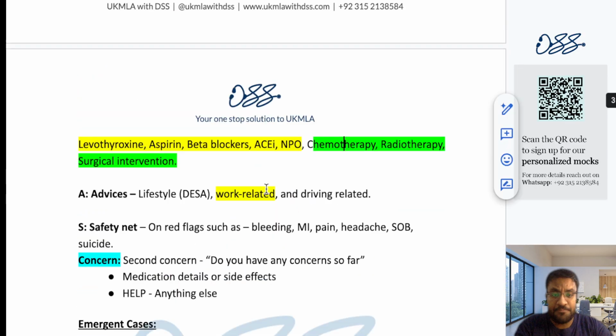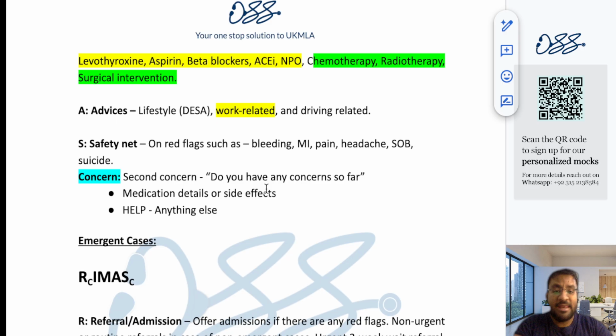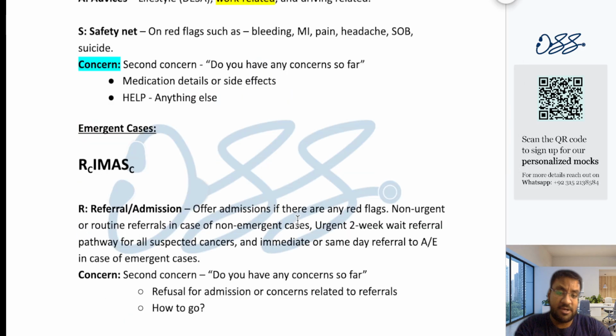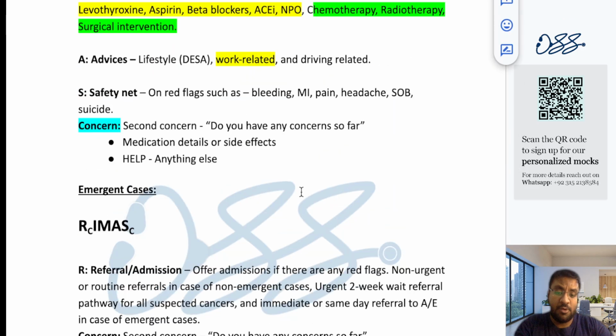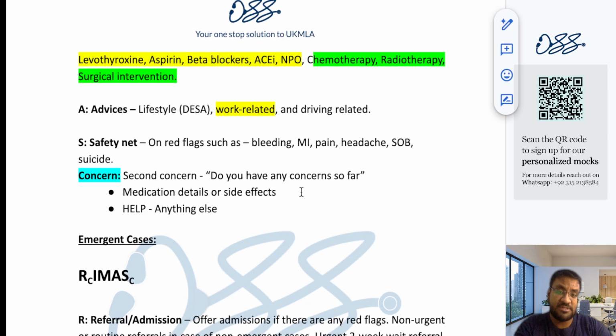Or they may have a query regarding the treatment, that, okay doctor, I cannot stop driving. Why can't you stop driving? Because doctor, I'm the sole breadwinner, and I live alone, and I do not have anyone who can drop me off. Then you're going to address the concern: don't worry, there are public transports available, or you can ask your employer to provide you with the company's transport. Whatever solution may be relevant at that point in time, you need to offer that.